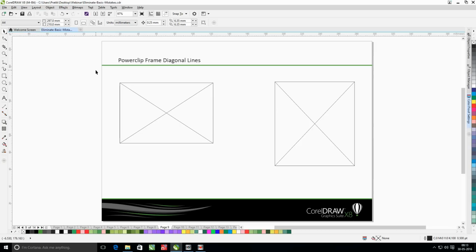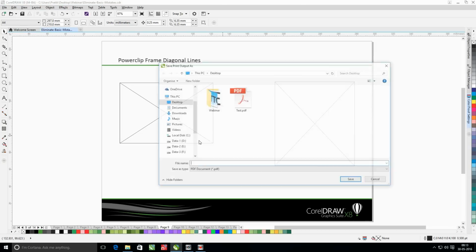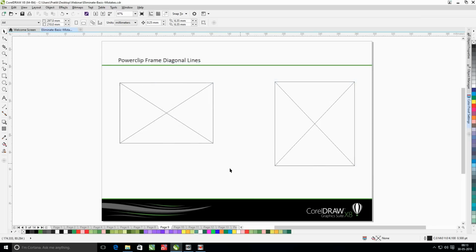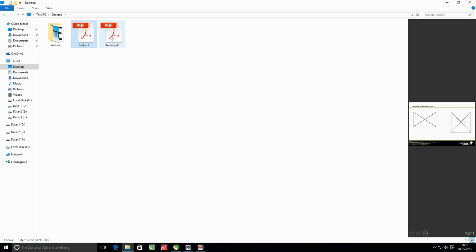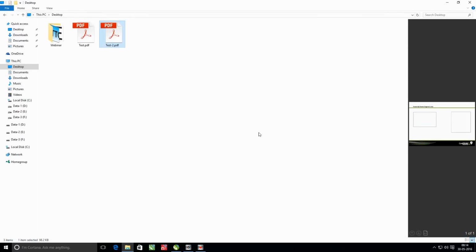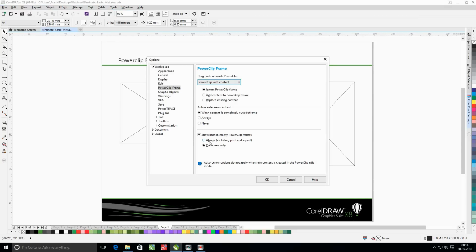Now if I print this again to a PDF file, you can see those lines are gone. So they are only displayed on the screen for your reference in mockup design. So that's one option you have to be aware of, and it's quite a handy feature.